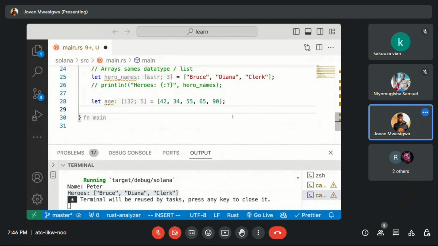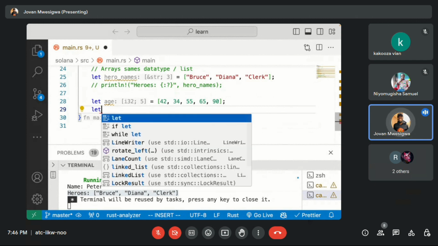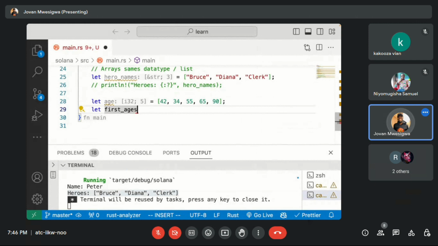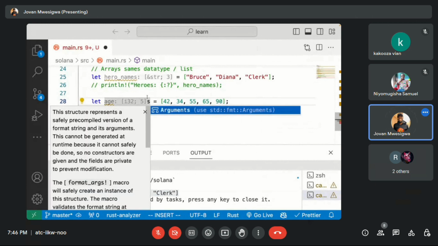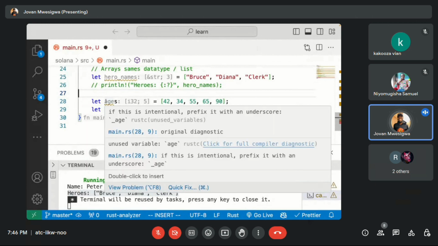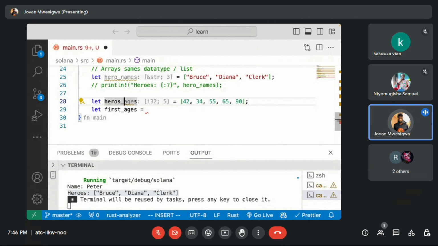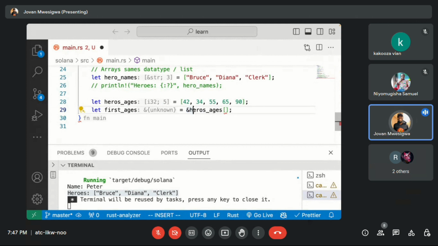So the way you can slice in Rust is you add this, and then, I'll explain what this means, but just ignore it. Just think about that you need to have it there. So you get the variable with the list, and put these curly braces and identify where you want to start from. So if I want to get from 40 to 55,